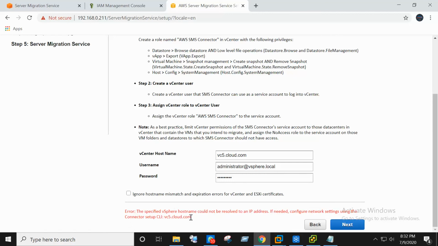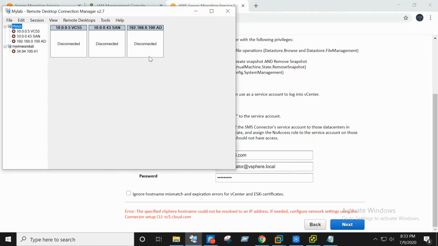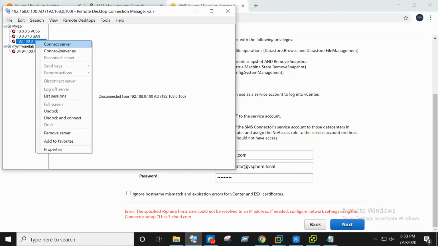The specified vSphere hostname could not be resolved to an IP address. Okay, my AD is down, silly fellow. I just started it, just give me a minute. So DNS is not working properly. I think this is the problem. Let's check that AD.